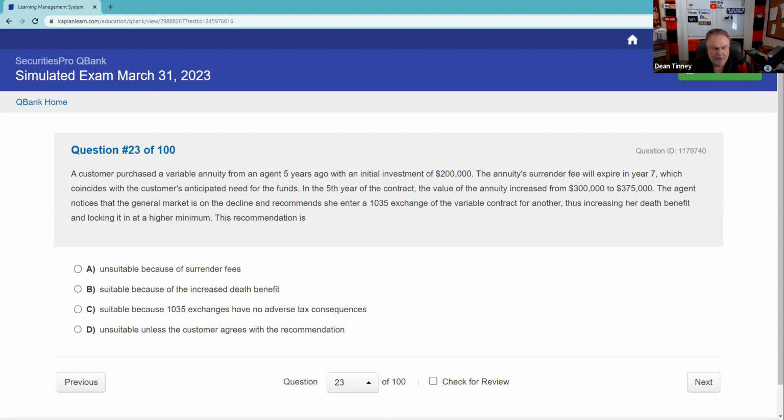A customer purchased a variable annuity from an agent 5 years ago with an initial investment of $200,000. The annuity surrender fee will expire in year 7, which coincides with the customer's anticipated need for the funds. In the 5th year of the contract, the value of the annuity increased from 300 to 375. The agent notices the general market is on the climb and recommends she enter a 1035 exchange of the variable contract for another, thus increasing her death benefit and locking it in at a higher minimum. The recommendation is